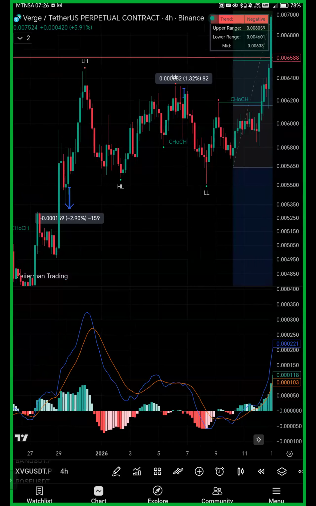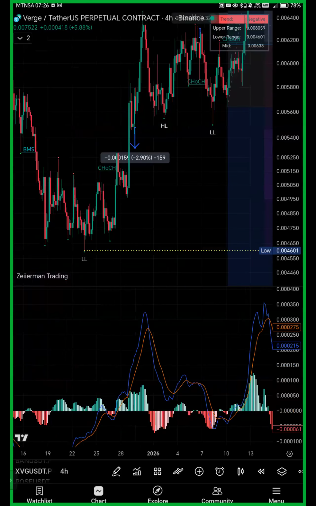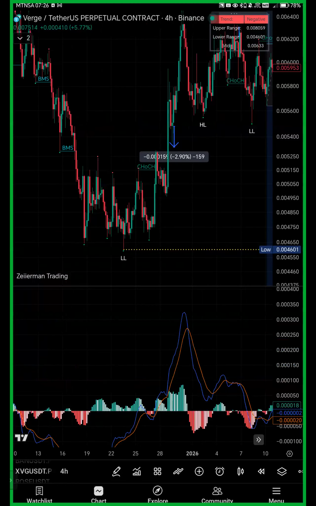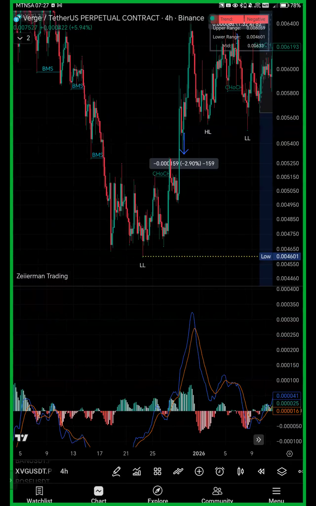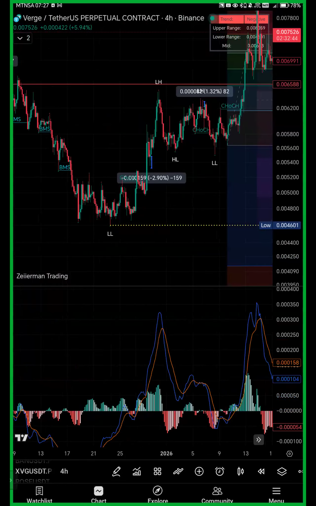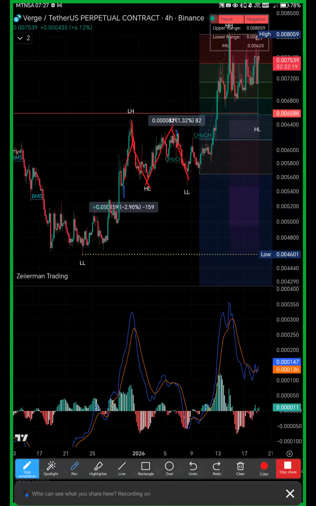That is a hammer, ladies and gentlemen. The long lower shadow shows a bullish rejection from buyers, and their intention is to push the market high up. That is the intention, to push the market high up. Are we still friends on the hammer or the pin bar? Are we still friends?